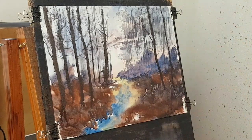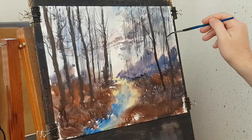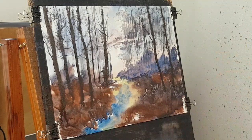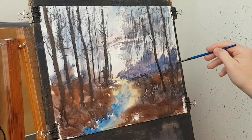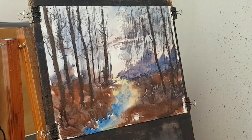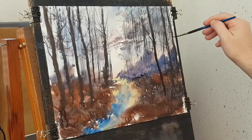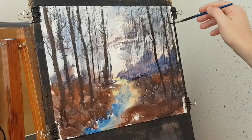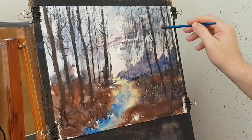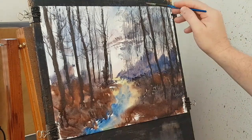You can use the hake to do these. You can use a sort of chisel-edged hake, which is what I used to do for quite a while. Then I found they just looked a little bit more realistic with the rigger. It takes longer using the rigger brush, but I think the results are a little bit better. You can wriggle it as you're going up, whereas with the hake brush, I tended to find that they came off just a little bit too straight. With this brush, you can just wiggle it slightly as you're going up, and it just makes it look a bit more